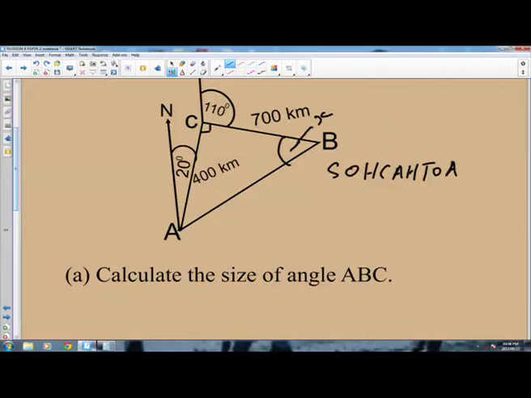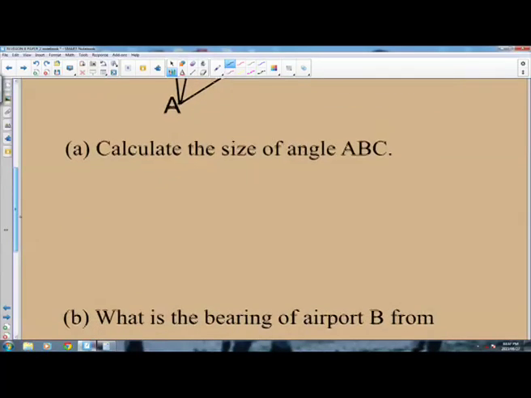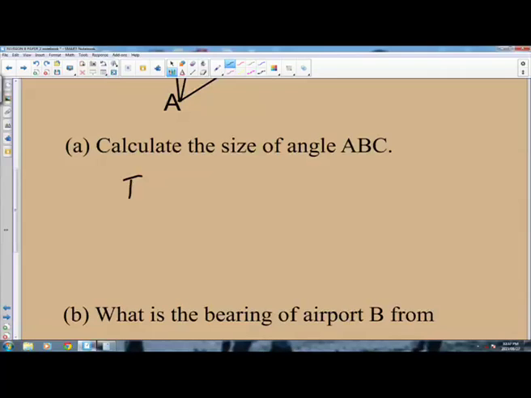And then what about the cosine? Cosine of an angle is adjacent over hypotenuse. So still we cannot use the hypotenuse because it's not given. And then what about the tan? The tan of an angle is opposite over the adjacent. So we have the opposite and then the adjacent. Here, the opposite is 400 kilometers and then the adjacent is 700 kilometers. So we can use the tangent ratio, which says the tan of angle marked X is equals to the opposite